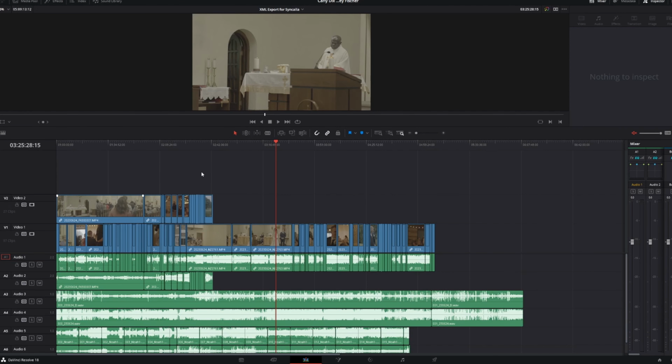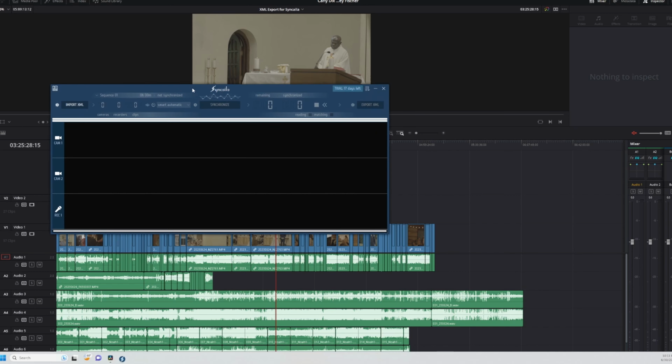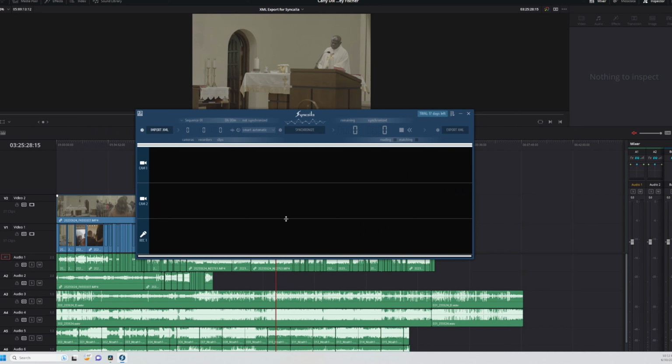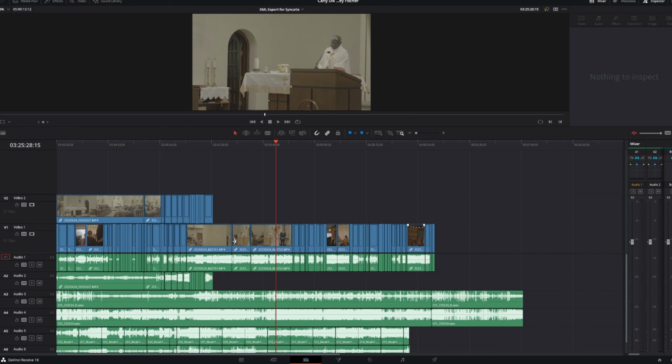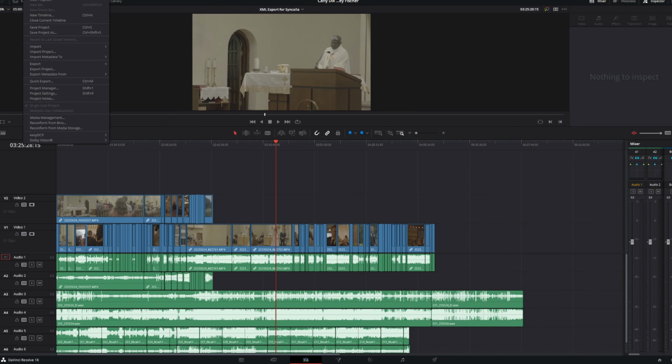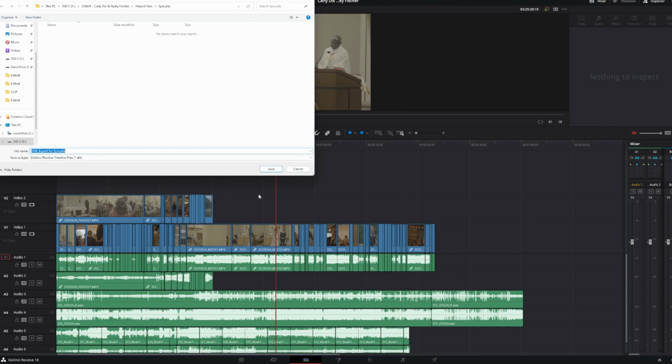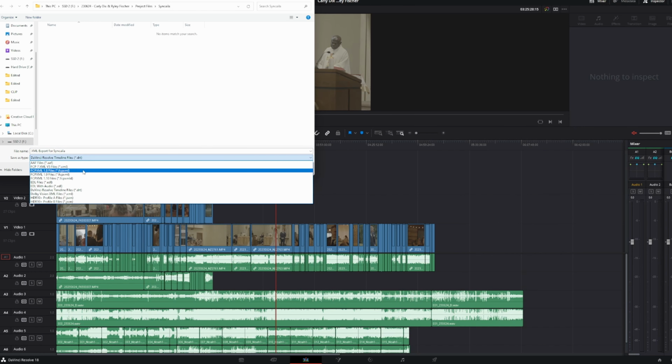Now let's dive into DaVinci Resolve here. And then all you have to do is put them on separate tracks, like I'm doing here. And I actually had audio from the reception microphone and the ceremony microphones, as well as the groom microphones. So now that we have all of the audio tracks in DaVinci in this timeline, we are going to export as an XML file to import into Syncaila. So here I'm going to export my XML timeline from DaVinci into Syncaila. And when exporting from DaVinci, you will want to select the FCP7 XML, which is Final Cut Pro 7 XML